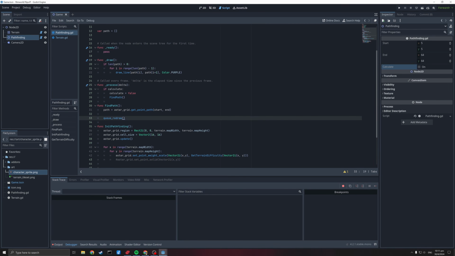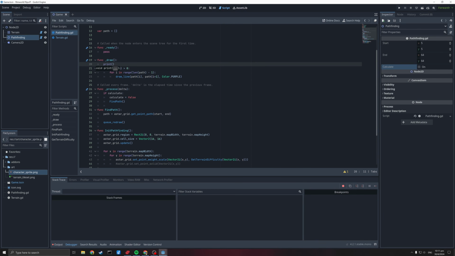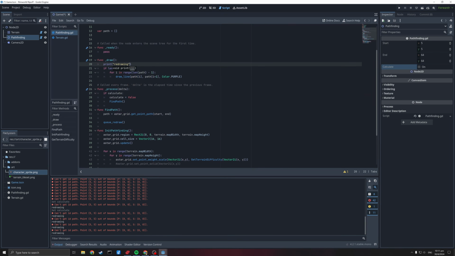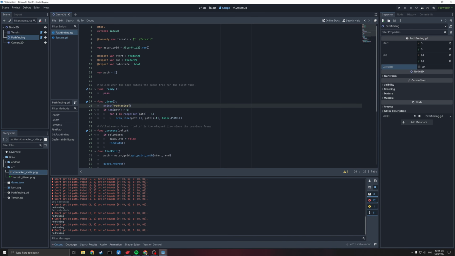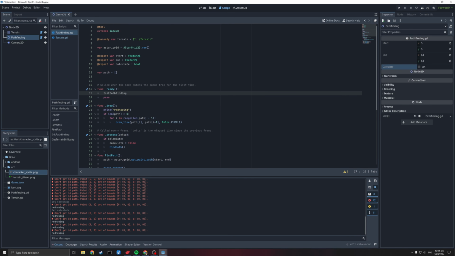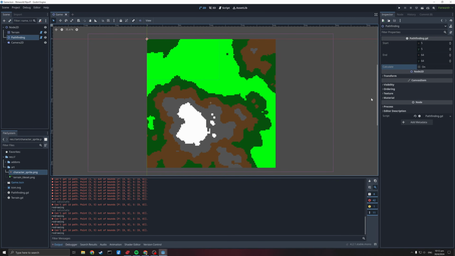oh, why isn't that working? Let's make sure it's actually drawing. Oh. Can't get ID path, 0.5 out of 5 out of bounds. 5 out of 5 is out of bounds. Oh, I know. I'm not actually calling initiate pathfinding. There we go. So now,